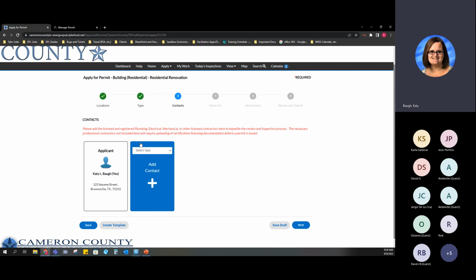Notice that the county has added some instructions here. It's telling you to please add the licensed and registered plumbing, electrical, mechanical, or other licensed contractors here to expedite the review and inspection process. And the necessary professional contractors not included here will require uploading a certification licensing documentation before a permit is issued. So they have some specific instructions here that can help you expedite your process, and telling you of some other